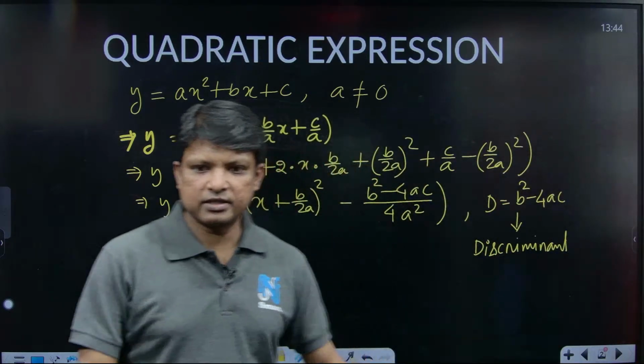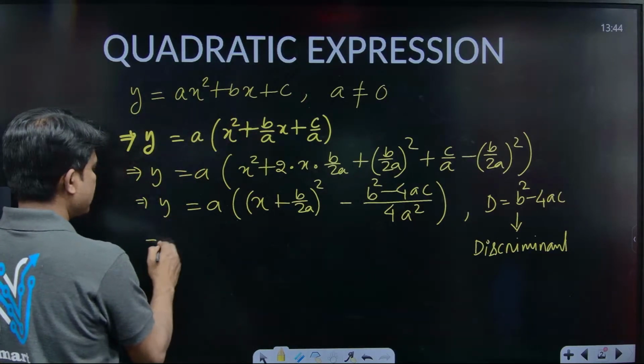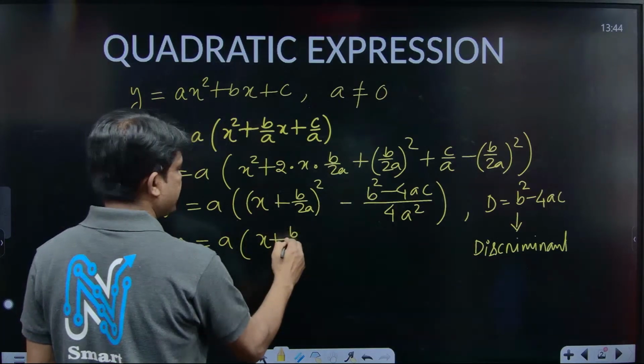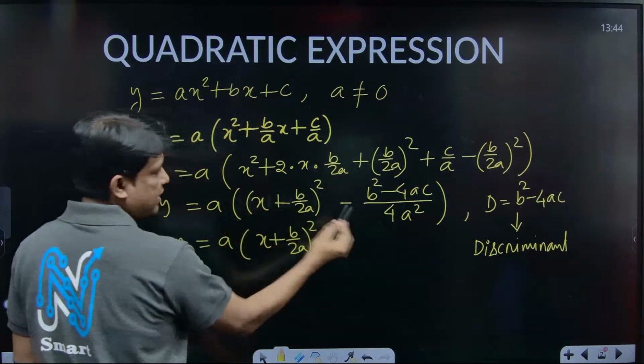Now write that equation in discriminant form. y equal to a into x plus b by 2a whole square minus a times